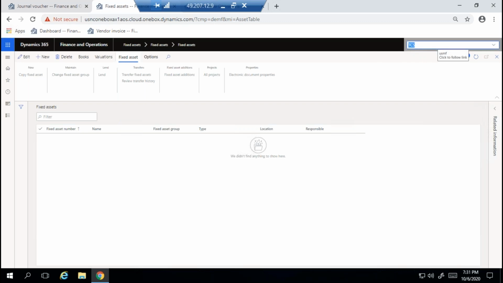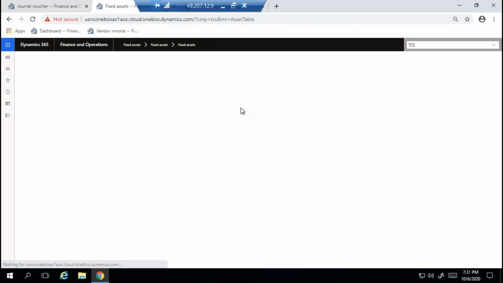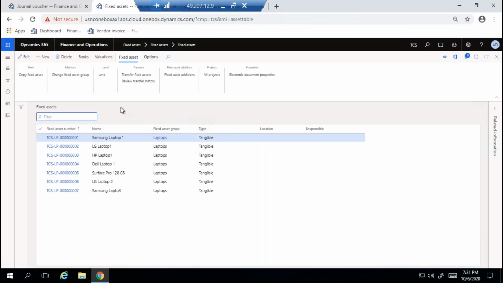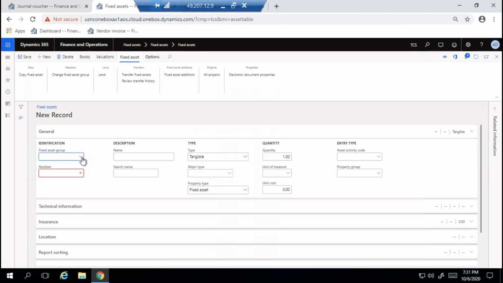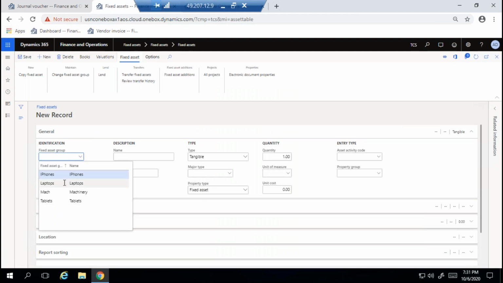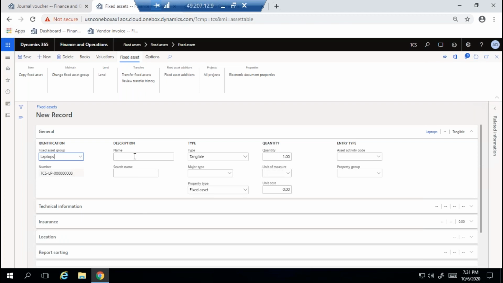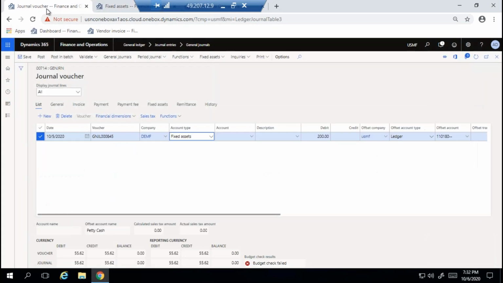Otherwise, I have created the TCS company earlier. We'll create a new one. So laptops, like Dell laptop, I think I'm creating three. This is a new laptop. We'll purchase this laptop from DMF from TCS company.